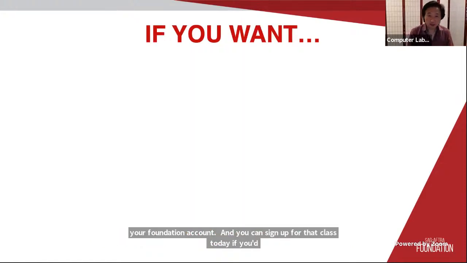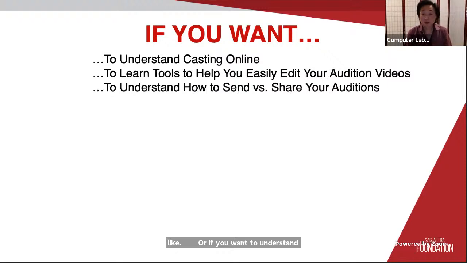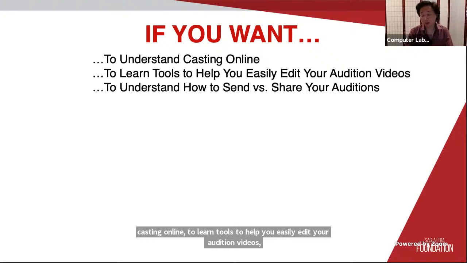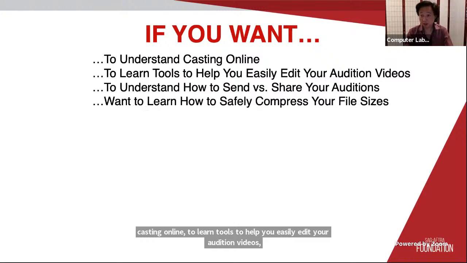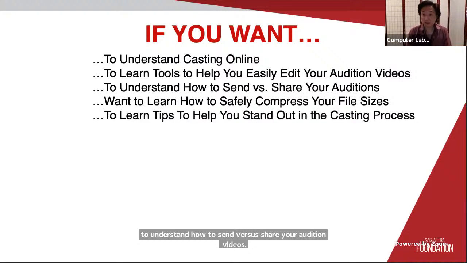Or if you want to understand casting online, to learn tools to help you easily edit your audition videos, to understand how to send versus share your audition videos, and we talk about the terminology in the class, want to learn how to safely compress your video file sizes, or just to learn tips to help you stand out in the casting process.